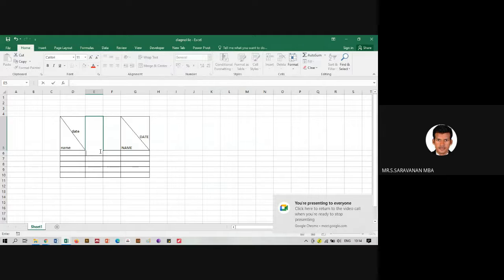So if you press left Alt and Enter, you can type, let's take one name, and here we will expand this.